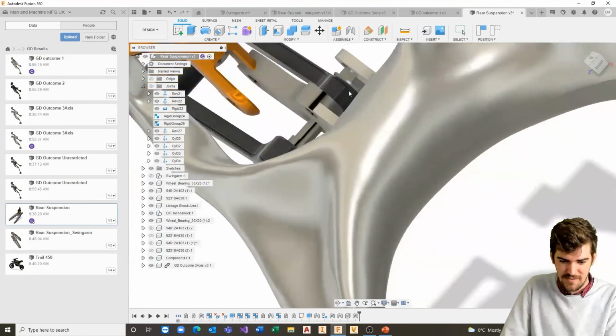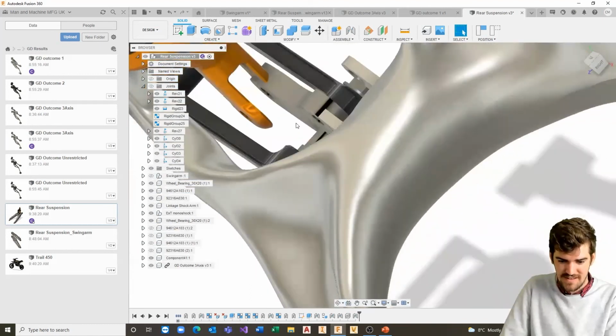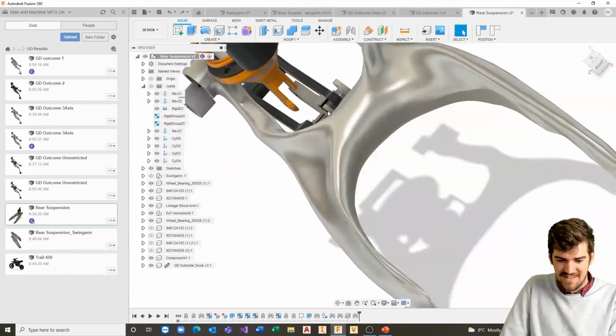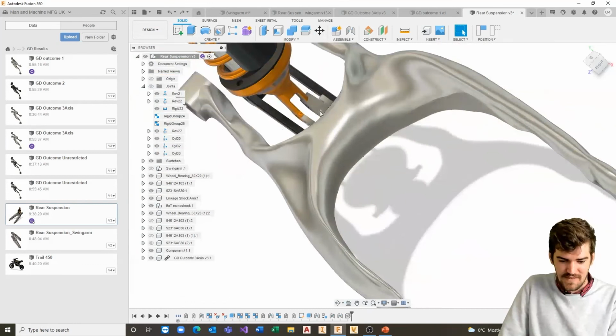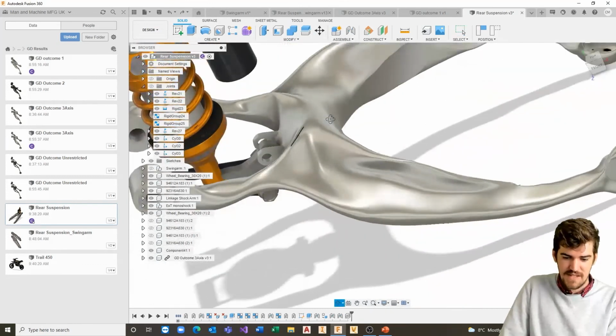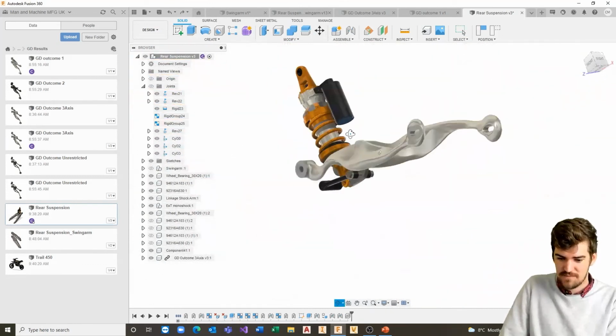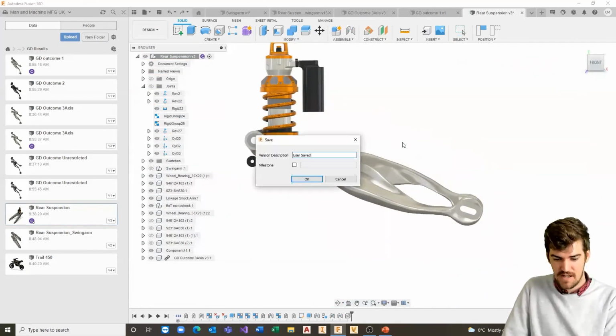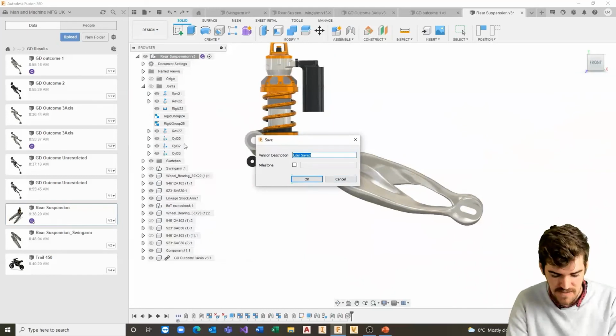If we move this about. I'm going to undo that. Doesn't matter too much. There we go. Cool. So more or less lines up. That's fine. What I'm going to do is quickly save this. So you can see we've got our alignment correct over there. If I save this as generative design added,